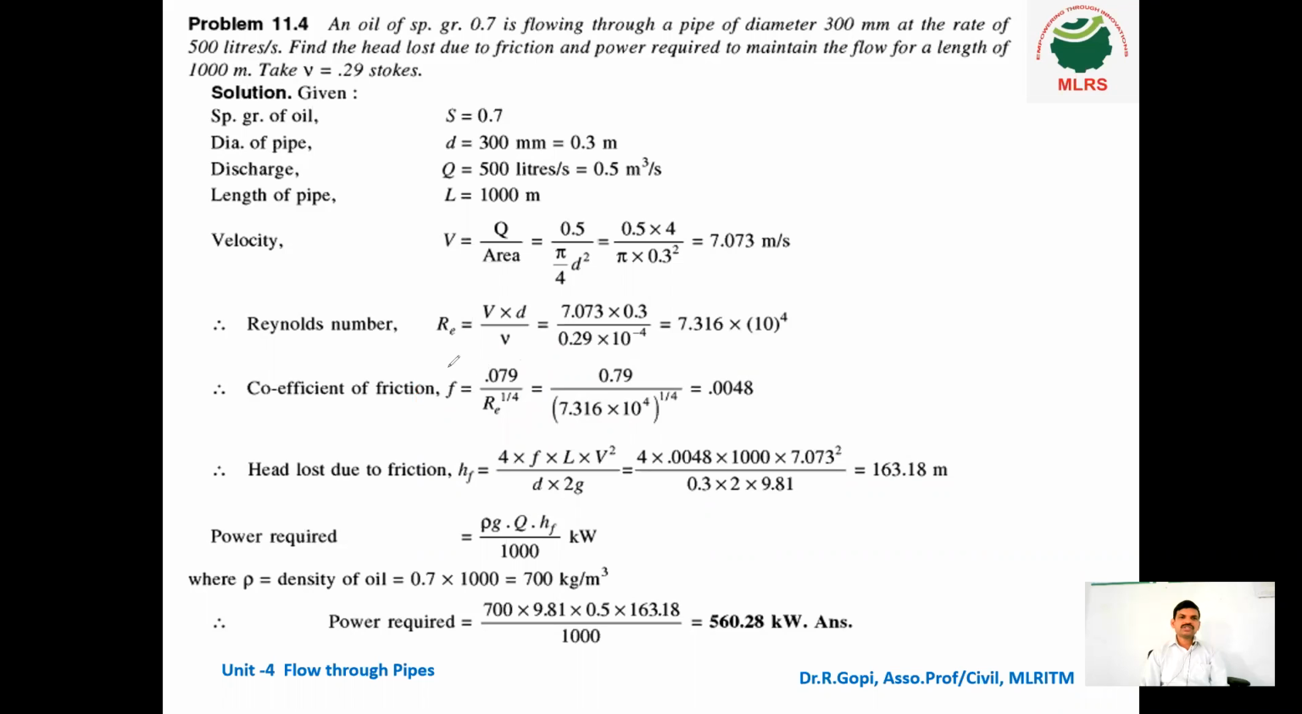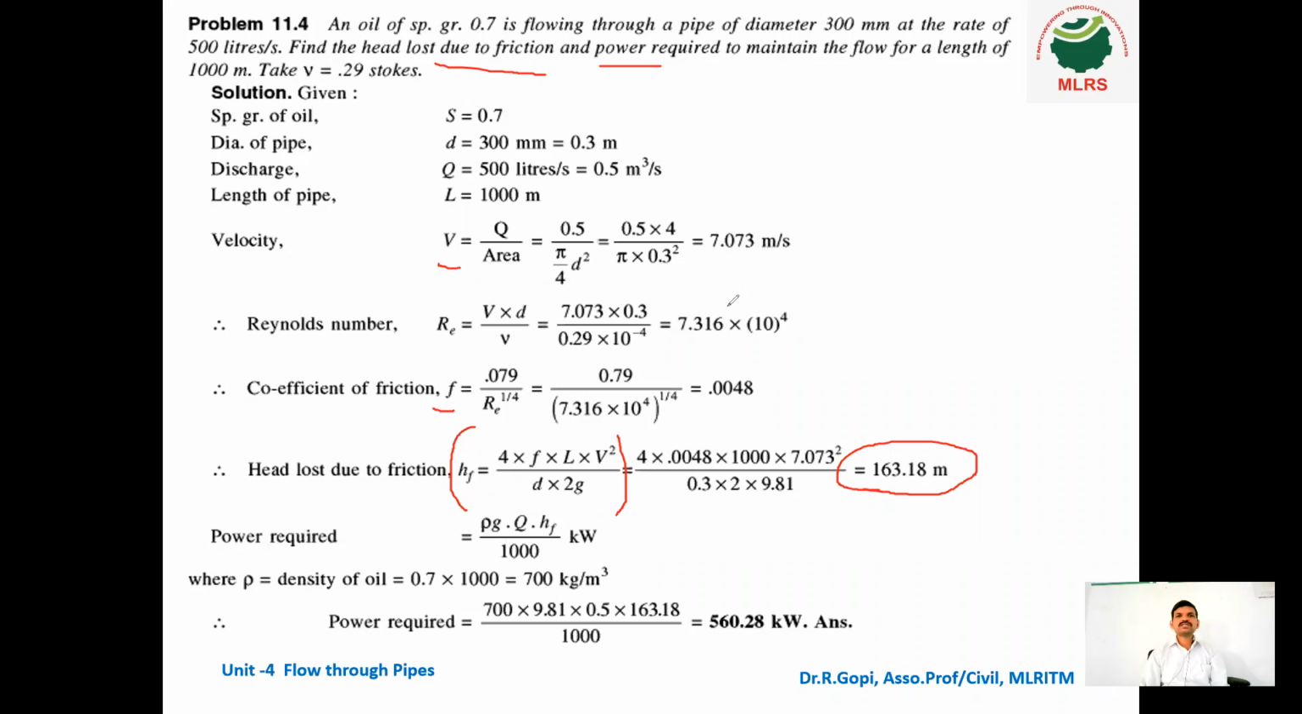So finally, head loss due to friction, HF. From the above we calculated velocity and F, so substitute all the values in this equation. HF is equal to 4FLV square divided by 2GD. Substituting all the values, we got an answer 163.18 meter. This is the final answer, the loss of head due to friction. And one more